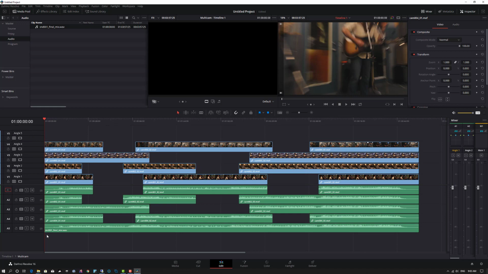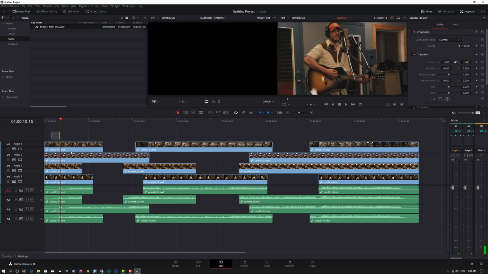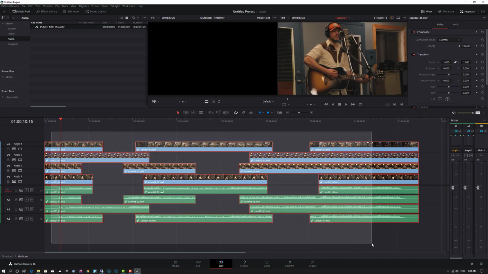And the first thing I'm going to do is I want to remove this audio. So the angle 5, I'm simply going to delete the track, and it removes both the video and audio portion of it, because I really only need the 4 camera angles. The other thing I want to do is I'm going to select all of the clips,